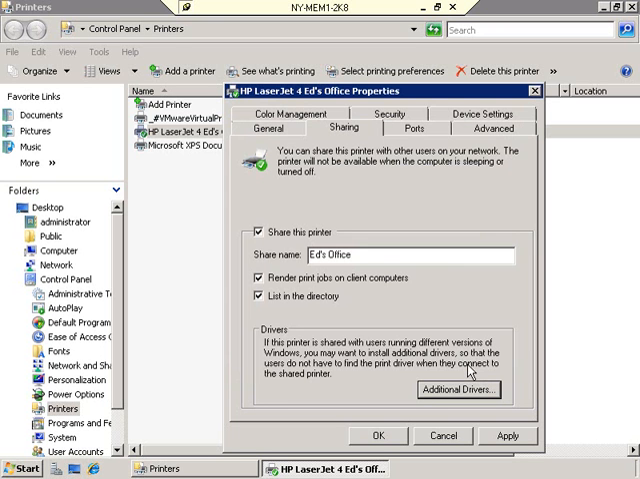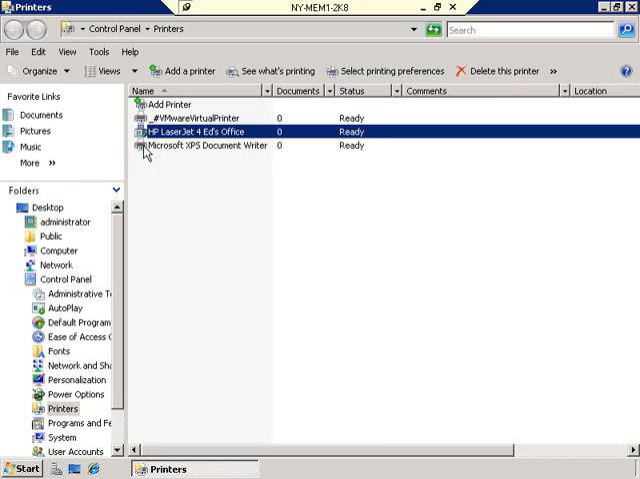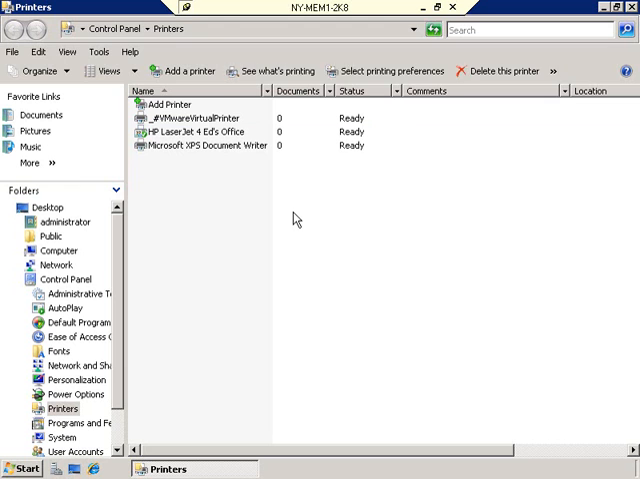So I'll go ahead and cancel out of there and click OK. And now, just like with shared folders, we see the additional icon that's been added to represent that this printer has been shared. All right, let's go ahead and leave that alone for right now, because what I want to do next